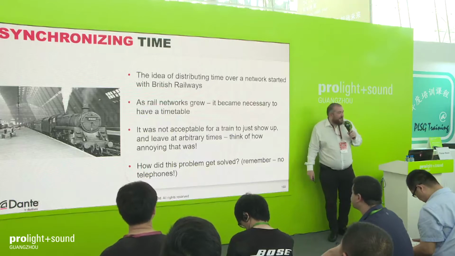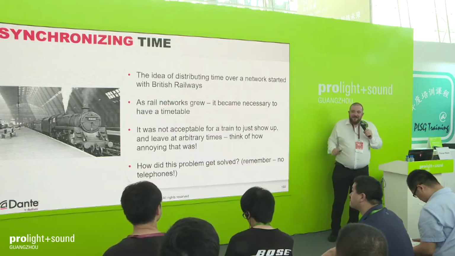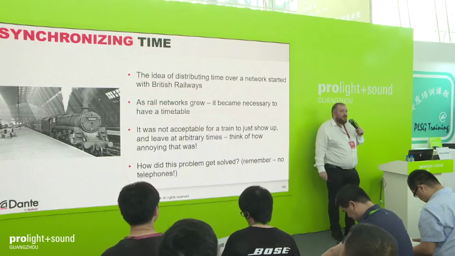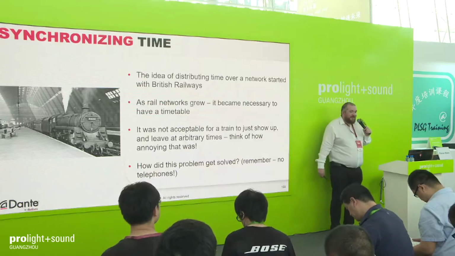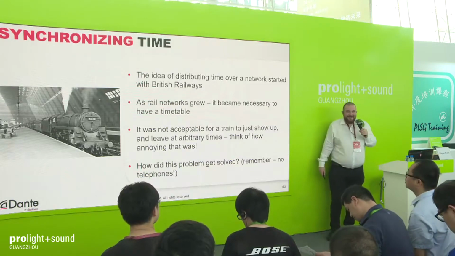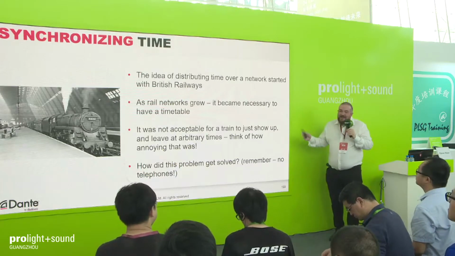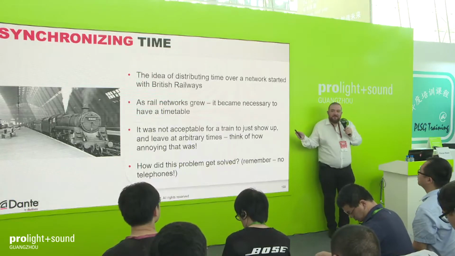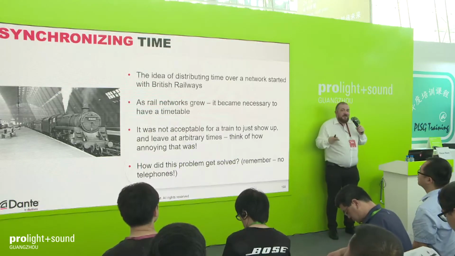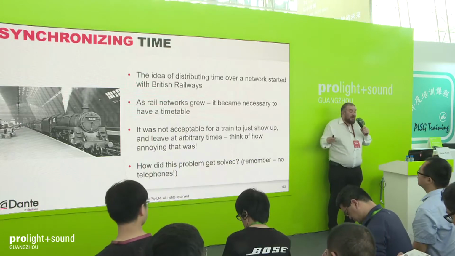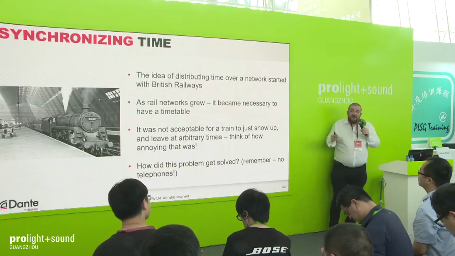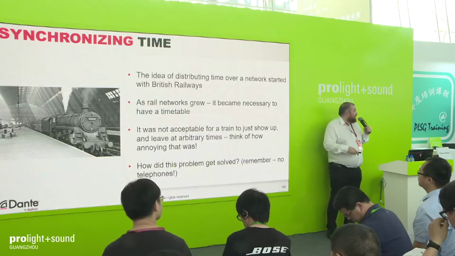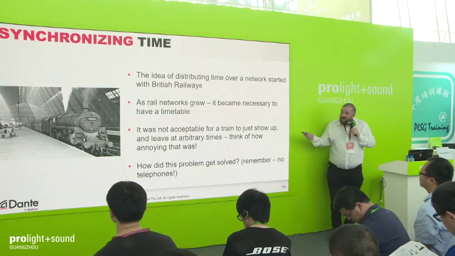So we have various problems in the UK, but somebody thought once upon a time it would be nice to have a railway timetable. I still think it would be nice to have a railway timetable, but we can try. They're never on time. Anyway, so in the 1840s, we had these wonderful things called trains, but we didn't have a way of communicating on wire or even wirelessly between cities. So there was no way of knowing what time it was in London precisely with what time it was in Edinburgh. So the problem was solved by taking a train,